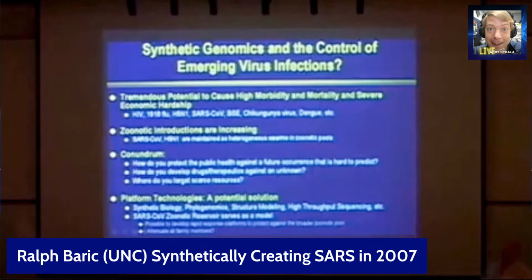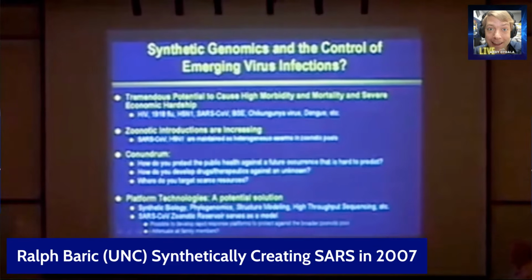This raises a conundrum in terms of how do you protect the public health against a future occurrence that is hard to predict? How do you develop drugs and therapeutics against an unknown from this heterogeneous swarm of variant strains that will actually work against the unknown that will emerge in the future? And how do you target your scarce resources? And so we think platform technologies like synthetic biology, phylogenomics, structure modeling, high throughput sequencing really will provide a platform